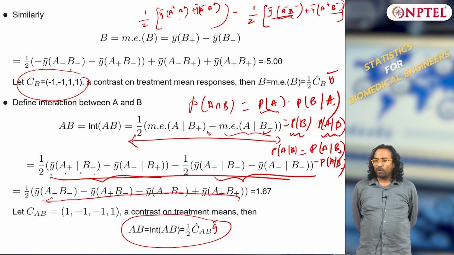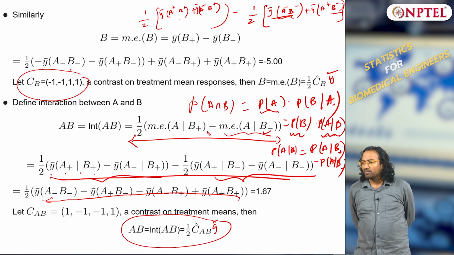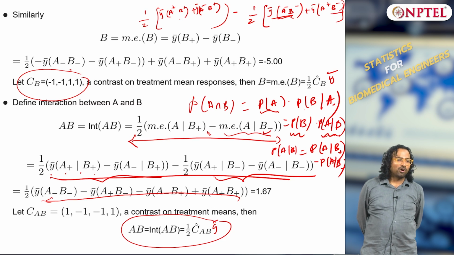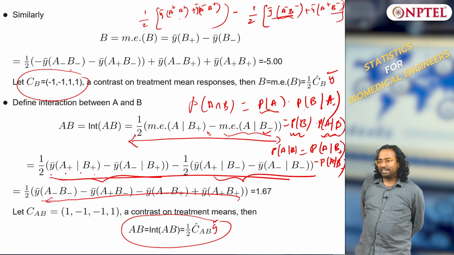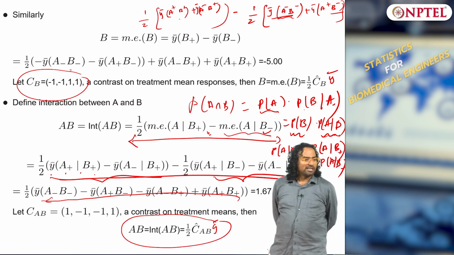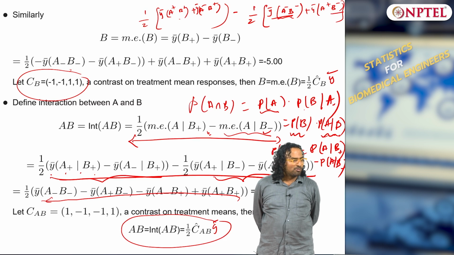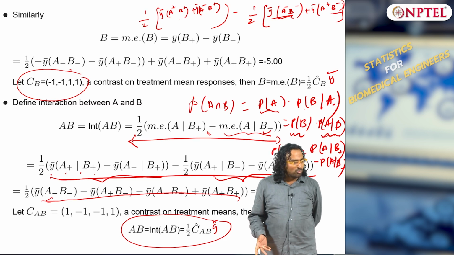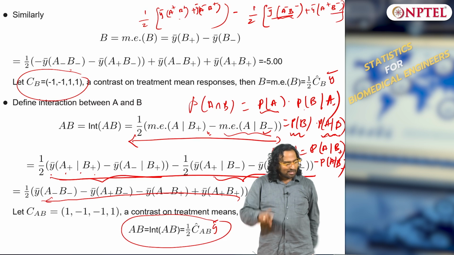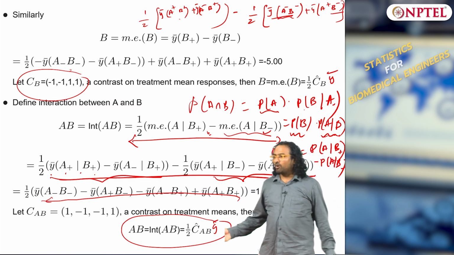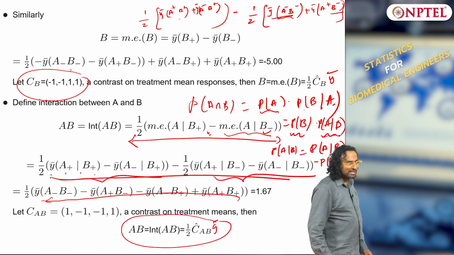2 data points. If one data point is erroneous, you cannot compute interactions, whereas here it is much more robust. I have 4, I am using all 4 treatments to compute the interaction. In the earlier case, whatever I have showed you, that is also a right way of doing, just a plus b plus minus a minus b minus by 2, nobody is stopping you from doing that. How you are going from the lower to higher together as a switch, AB as a switch, there is nothing wrong, but you are only using 2 data points, rather I am here using all 4 data points, all 4 treatment values, that is an advantage because it will be robust. Clear?